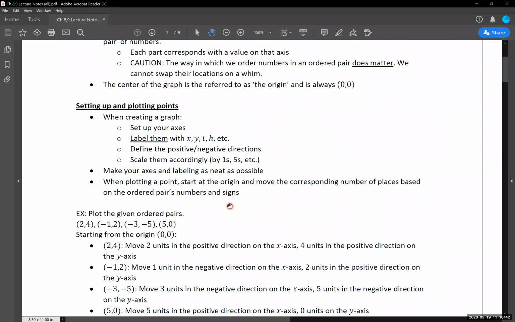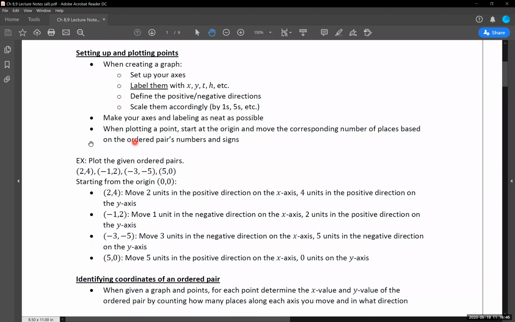Okay. So we're going to work with these 4 examples for setting up and plotting points. So again, this is the step-by-step process that we're going through as we have it here. But let's say we didn't have these written out for ourselves, and we're going through and plotting this for the very first time. So again, I'm going to jump us over to our whiteboard, and fingers crossed that this goes as well as I'm hoping it will, at least for the graphing of these things. So we'll jump over to the whiteboard.